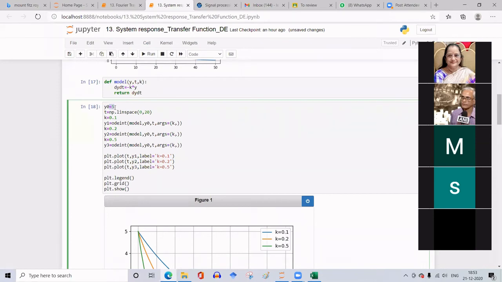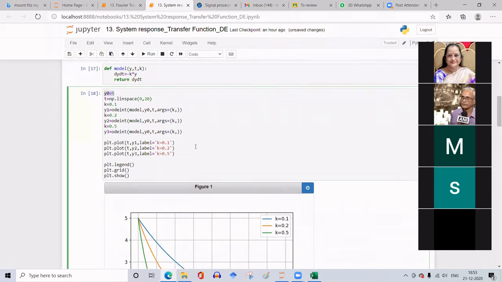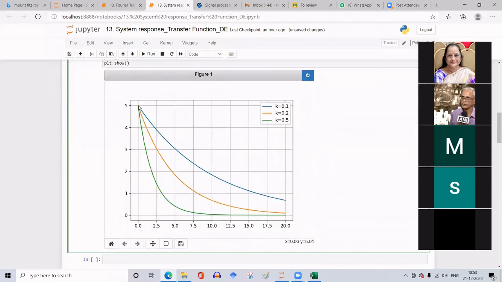So output with initial condition 5 gives the natural response. The initial value 5 will die down to 0 as the time progresses. Maybe it is a response of a capacitor with initial voltage on the capacitor as 5, or it may be an inductor with initial value of the current as 5, and then it's decreasing to 0 as time progresses.